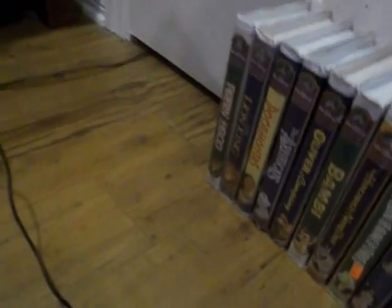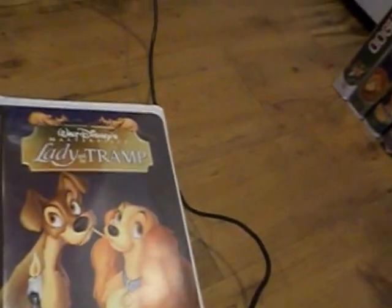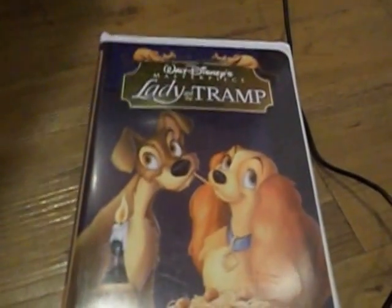Let me talk about the tape itself real fast. Print date is August 18th, 1998. Now this has the later green format screen, green FBI warnings from the 90s, as well as the Walt Disney Company intro, then a trailer for A Bug's Life, then some previews for the Jungle Book Mowgli story, the Lion King 2 Simba's Pride, The Rescuers, and Summer of the Monkeys, followed by the Walt Disney Masterpiece Collection promo,